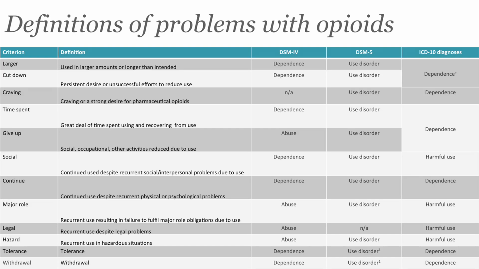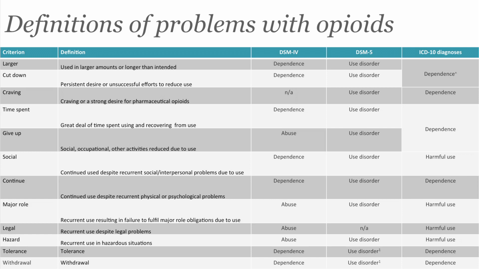This is a great graph, and I've asked Samantha to include it in the PDFs that are sent to you, because what it does is it looks at the definition of substance use disorder or dependency. And this looks at DSM-4, DSM-5 and ICD-10. ICD-11 is not there. But when you look down at the criteria, it's using larger amounts or longer than intended, persistent desire or unsuccessful efforts to reduce use, craving or strong desire, time spent actually getting the medications, using them or recovering, giving up your social, occupational and other activities that you used to enjoy, continuing use despite interpersonal problems, work problems, social problems, continuing use despite recurrent physical or psychological problems,